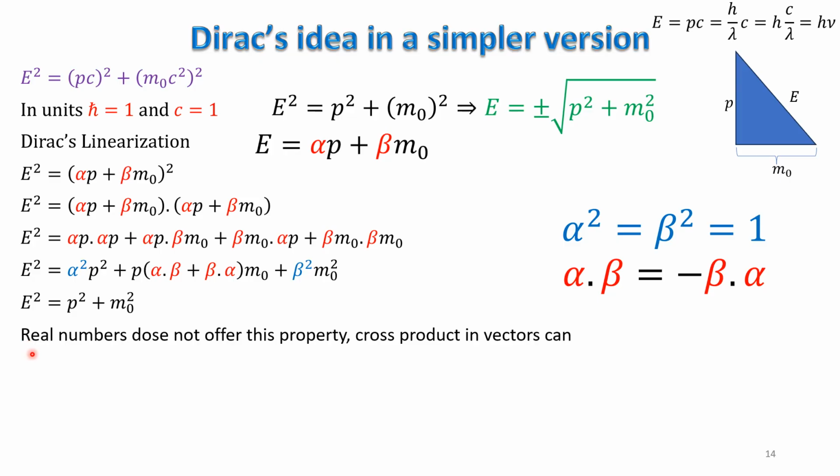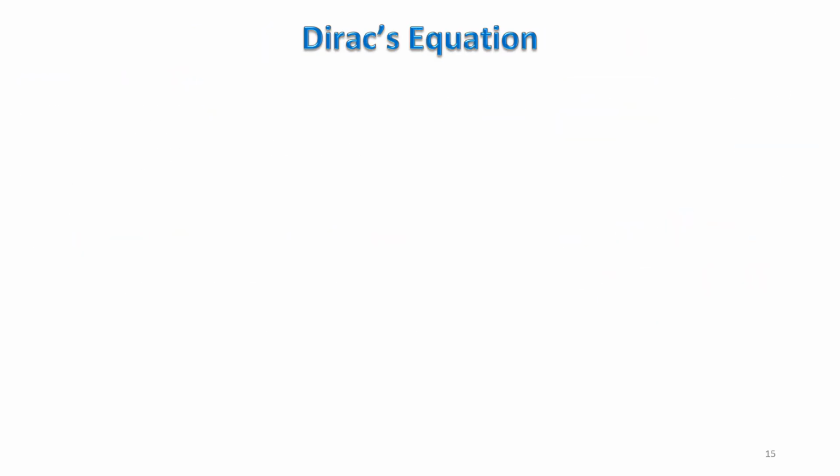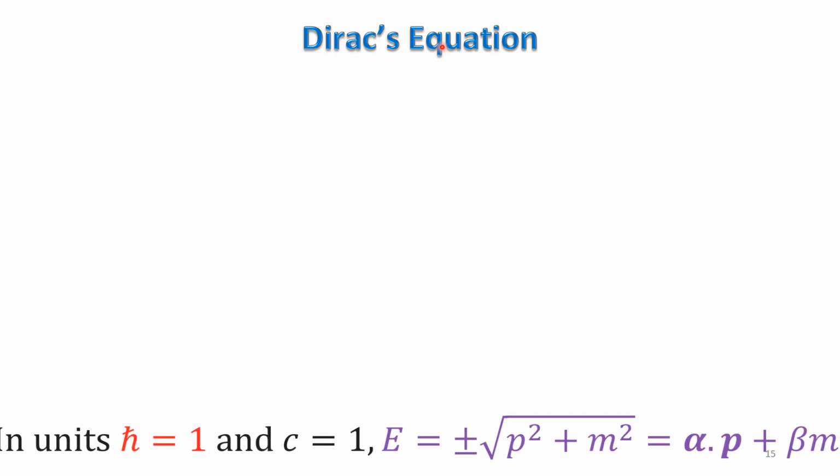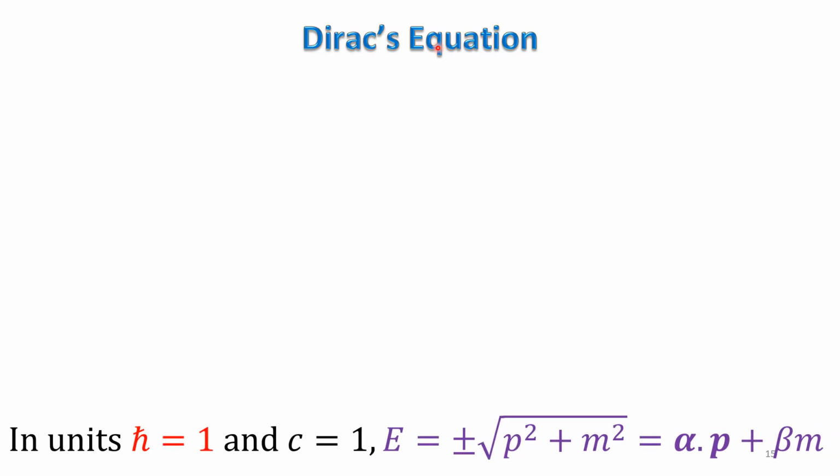Now, which are those numbers alpha and beta? Real numbers do not offer this property. For example, 3 into 4 is 12, 4 into 3 is also 12, and if you add them, 12 plus 12, it will be 24. We want 0. So cross product in vectors can offer this. A bar vector cross B bar vector is equal to minus B bar cross A bar. But that doesn't yield a very interesting situation. So Dirac proposed alphas and beta in terms of